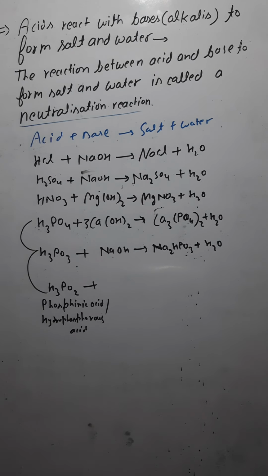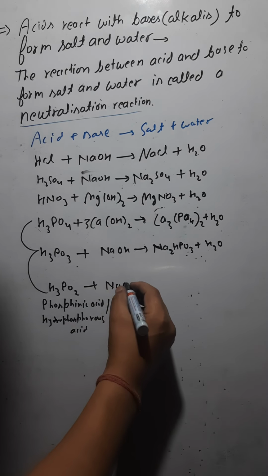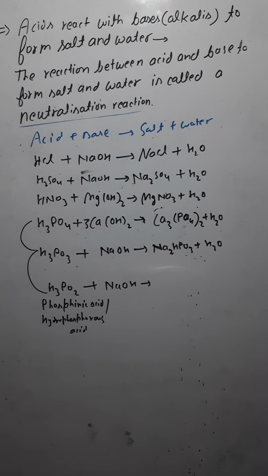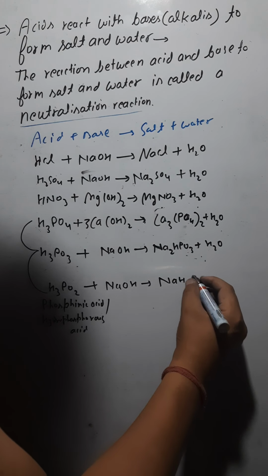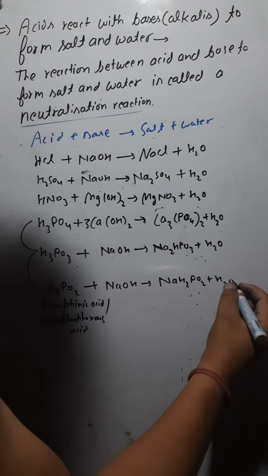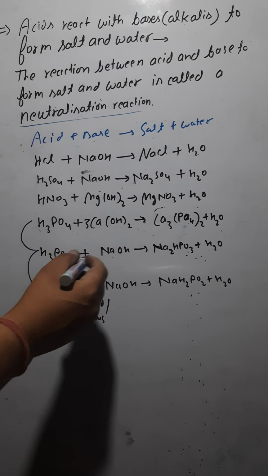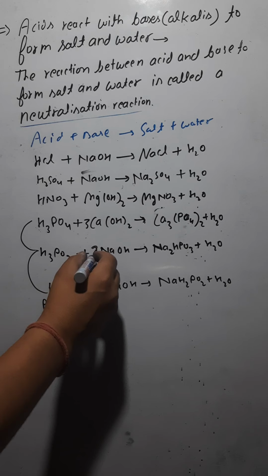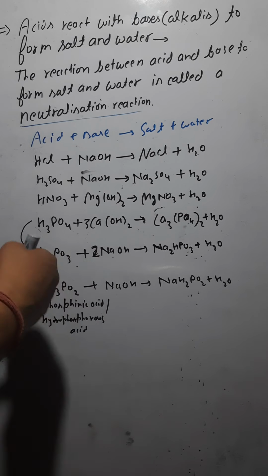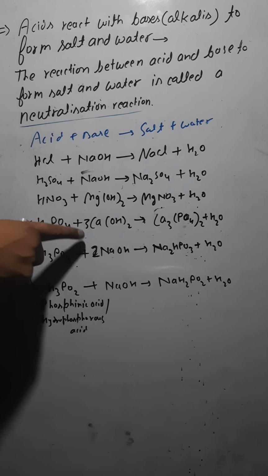Okay. So when this acid is again reacting with sodium hydroxide, you are going to get what? NaH2PO2, salt, and one more thing, that is water. Now the main thing which can be asked here, if you try to balance this, you would have here 2. Only this I am writing, the others I have not balanced. Just try to balance it properly. But here you would be getting 3 and 2.